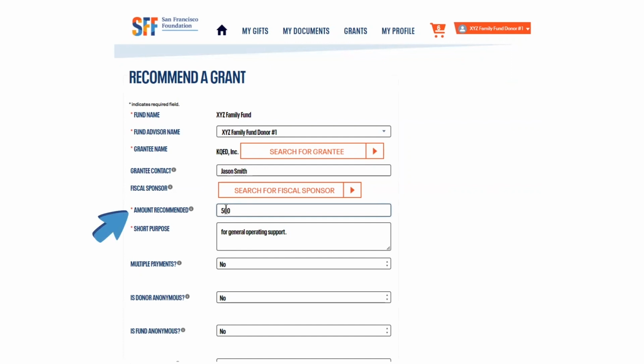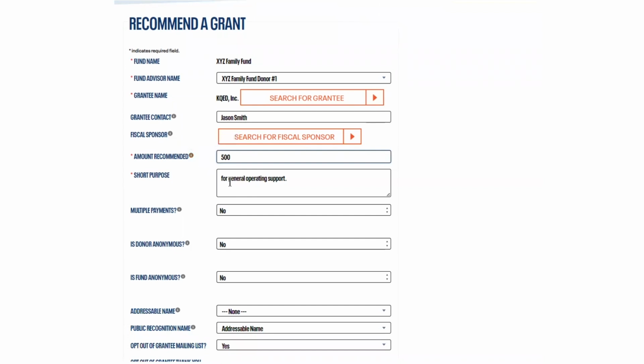Enter the grant amount in Amount Recommended. There are two things to note. Our minimum grant and minimum payment amount is $250. If you intend to make a multi-year grant, for example, $250 a month for 1 year, totaling a $3,000 grant, or $10,000 per year for the next 3 years, or $30,000, you must enter the full amount in this field. This means that your fund will need to have the full total amount available the day that you submit the